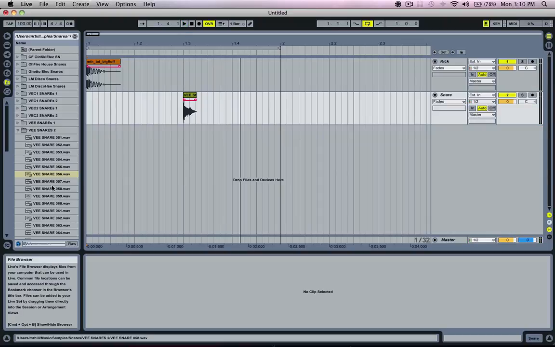I might just choose another snare quickly. I'll just go through these snares and try and find a more